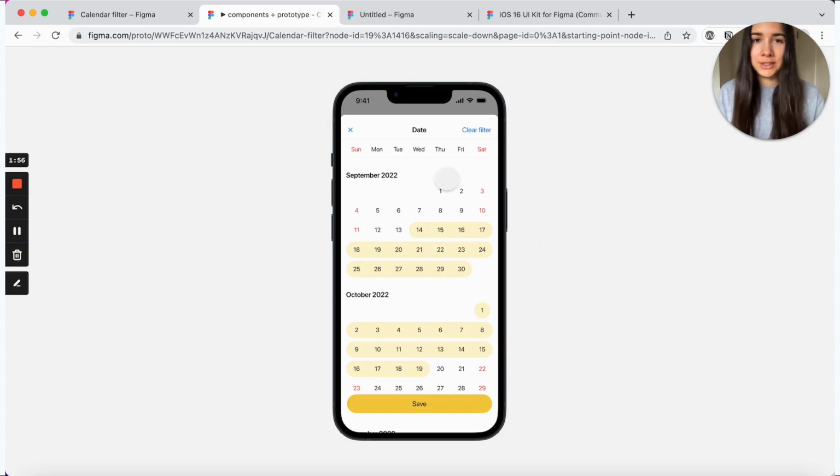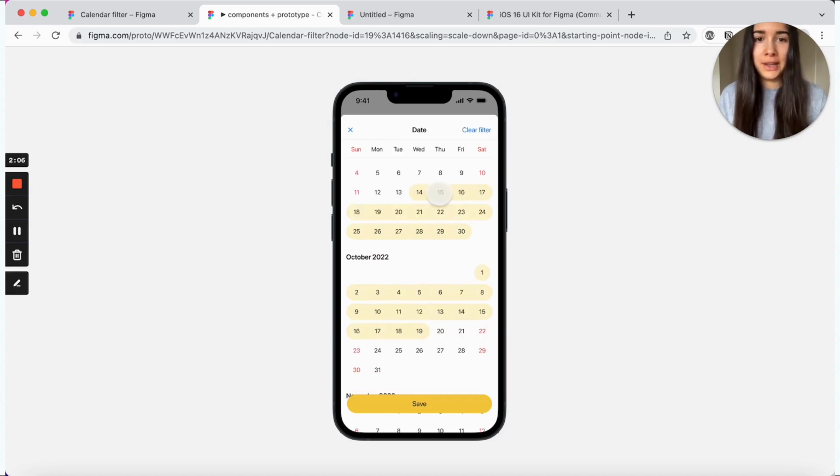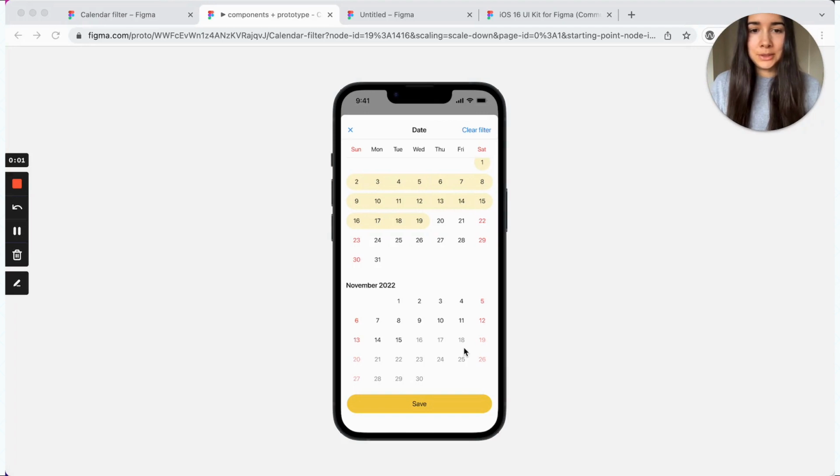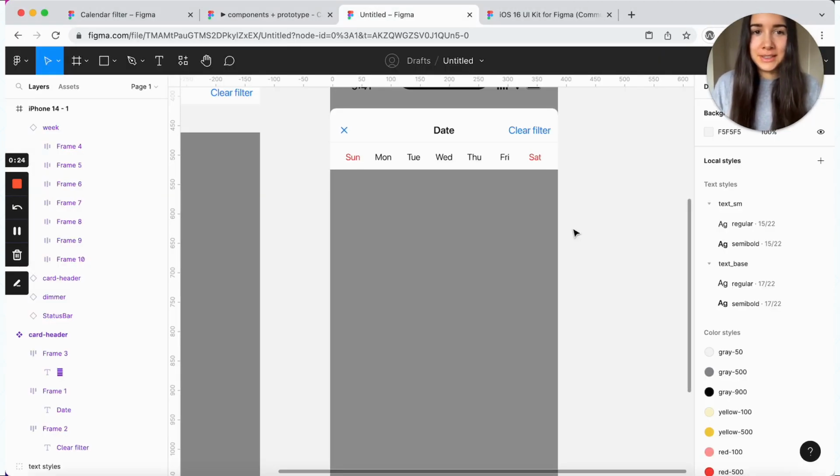So one, we can just have a regular unselected date. We can also have an unselected date that's weekend. We can have one that's a start of the range, one that's a middle of the range, one that's the end of the range, one that's just selected on its own. And lastly, we also need to consider the future or inactive dates. So we need something for an active weekday and an active weekend. But like always, we're just going to take it one step at a time.